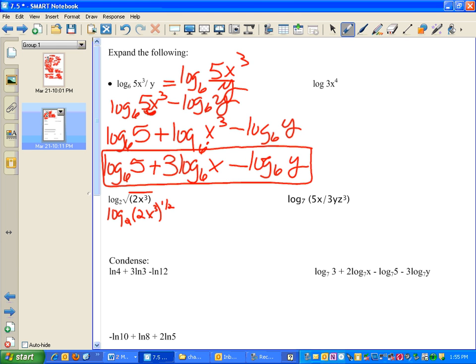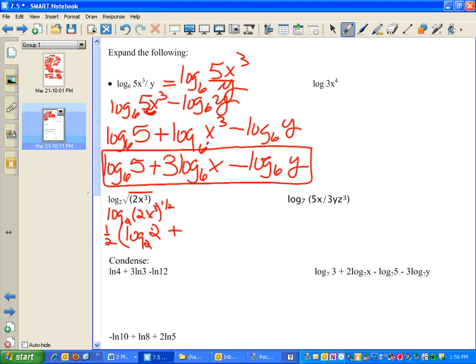So where is that 1/2 going to go? No, you can't just square root the whole thing. It's going to go in front. Exponents go out in front of the log statement. Now, I want this whole expanded form to have that 1/2 because all of it's under the square root. So I'm going to open up a set of parentheses because I want that 1/2 to go with the whole answer. So I'm going to go log base 2 of 2 plus log base 2 of x cubed,